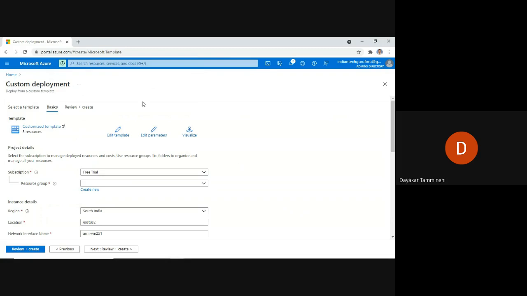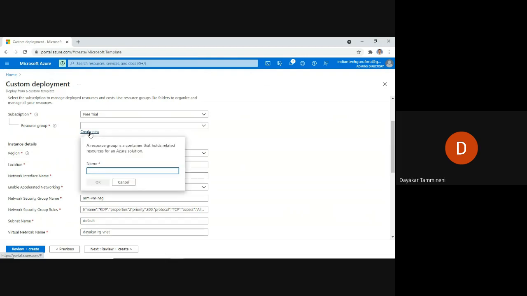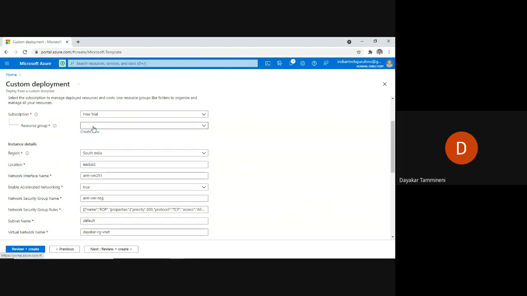So now what we have uploaded is the template.json file and the parameters.json file. Okay. So now this is not the virtual machine which we created previously. We have not created it actually. So we have given the properties. That's it. To make sure that this virtual machine will be created in a new resource group, I am going to create a new resource group, or I can use the existing resource group.